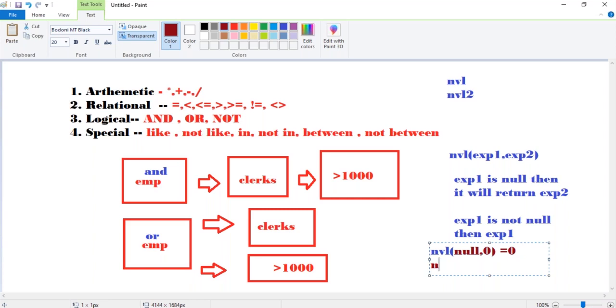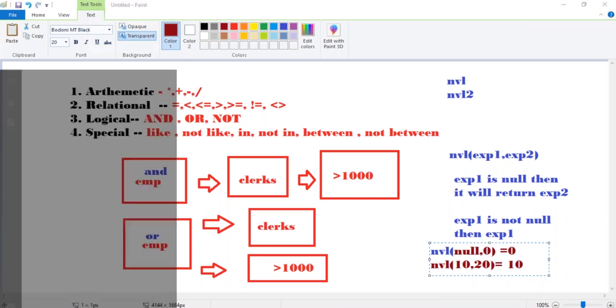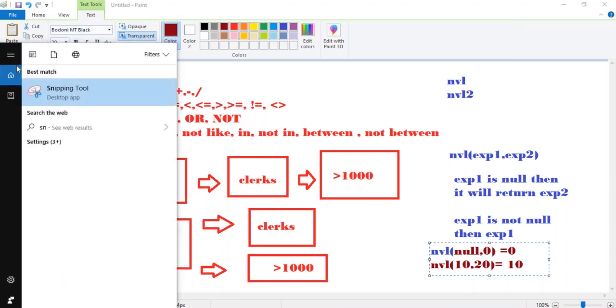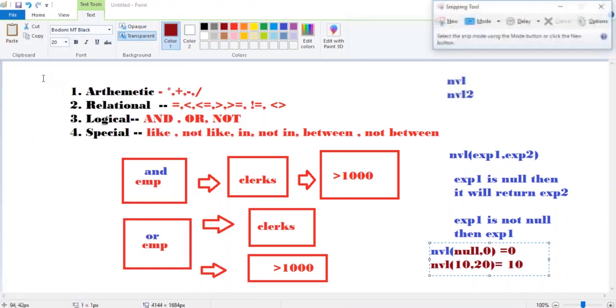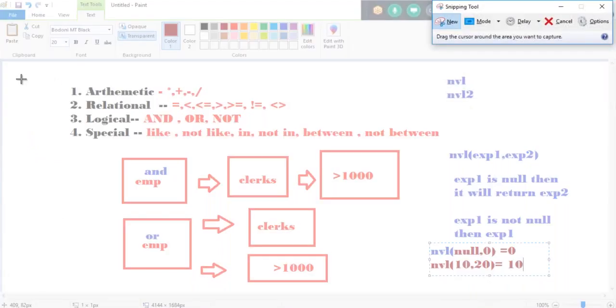So the result will be 0. Same thing, when you perform NVL of 10 and 20, expression 1 is not null, so it will return expression 1 only.